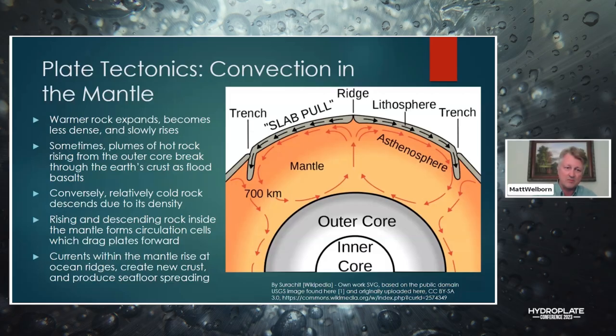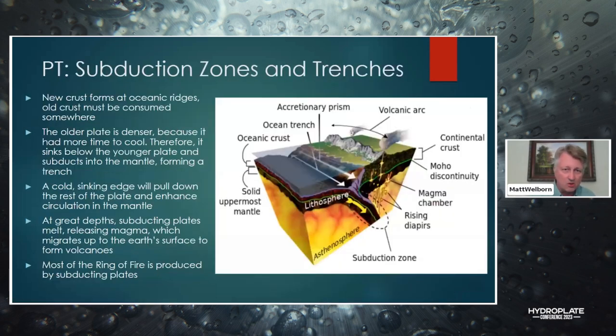And at the same time, on the other end of these slabs, one of them is somehow forced down. You see a picture here where one of them is forced down underneath another slab as they are sort of colliding. One of them has to dive down in order to allow the motion to continue. So this rising and descending rock inside of the mantle forms this current and drags the plates. So as we take a closer look at what happens at these subduction zones, we saw this is the idea of plate tectonics and how they explain something.